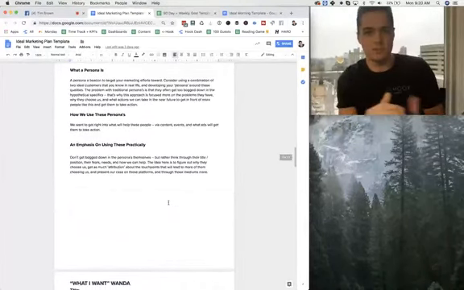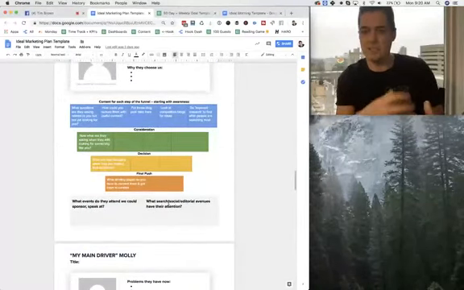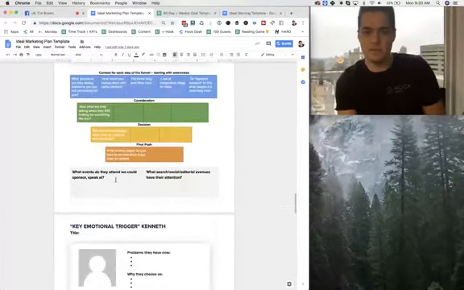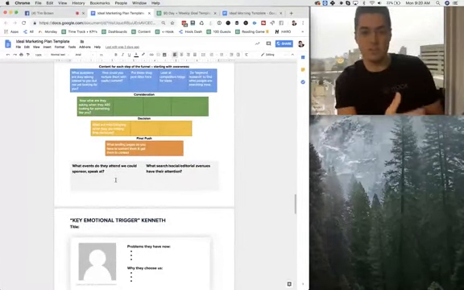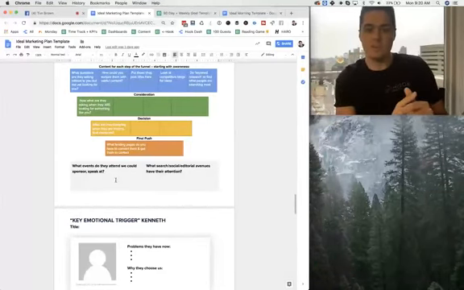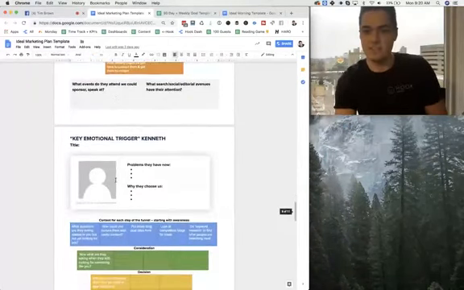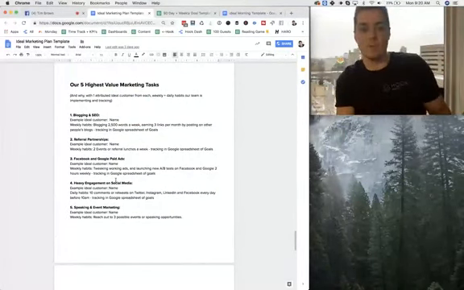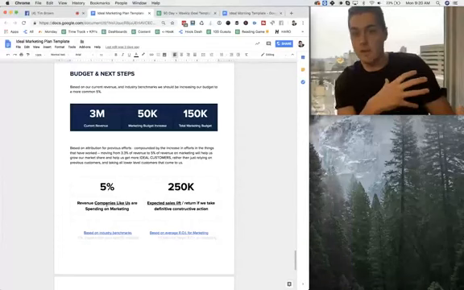And then it goes through personas and creating content for every type of ideal customer that you have on every level of the funnel for them. And what events would they be speaking at or sponsoring, or you could sponsor that you could speak at, and then what editorial venues, what websites, what magazines, those types of things have their attention, and templating all that out, templating out your 5 highest value marketing tasks, and templating out your budget,